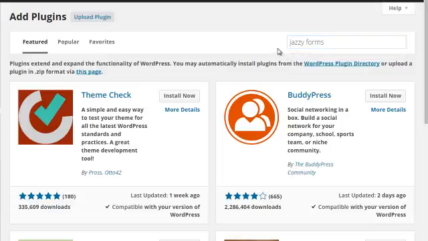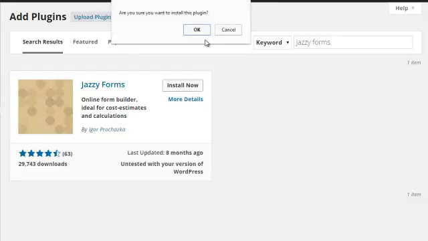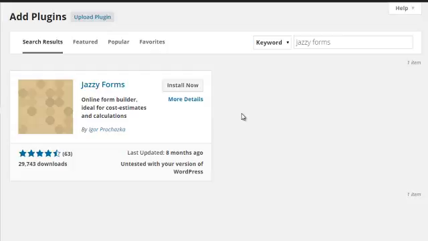Now, it doesn't really matter which form you use, but if you want to follow along step by step, I'm going to install a specific form called Jazzy Forms. I like this plugin simply because it's easy to create a form. It's a drag and drop system, and I know you'll like it too. So if you go ahead and look at Jazzy Forms, click on Install Now, click Activate Plugin,